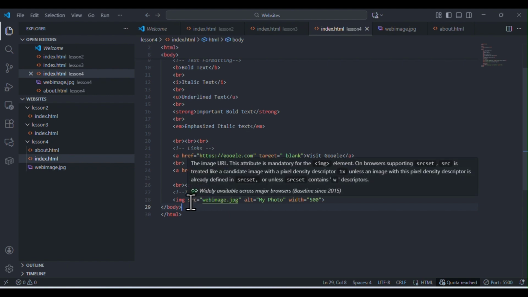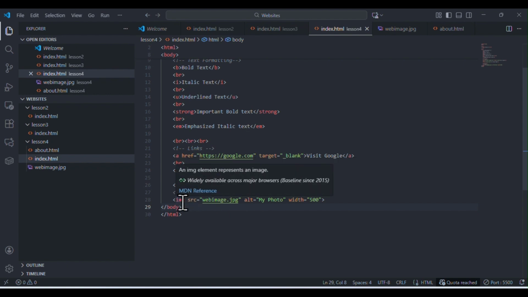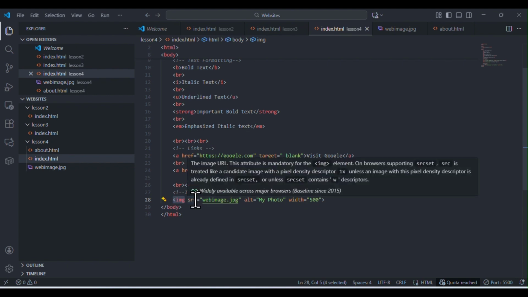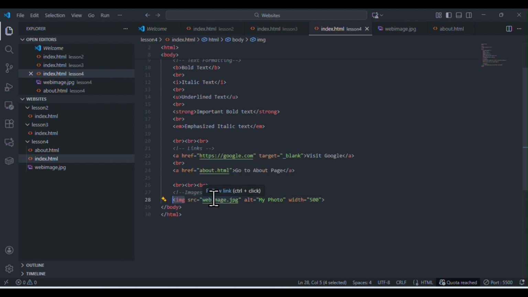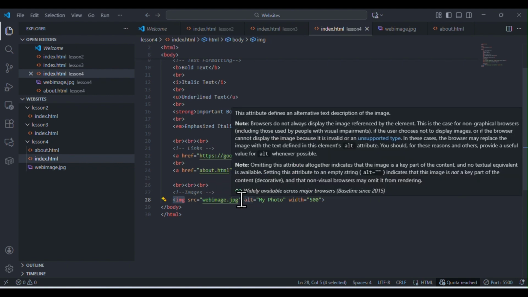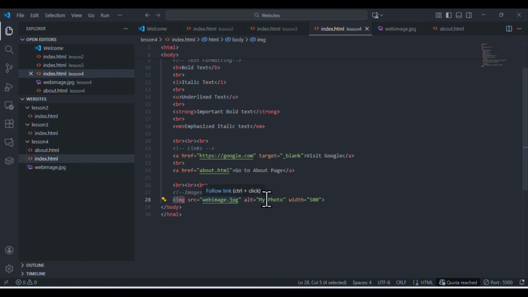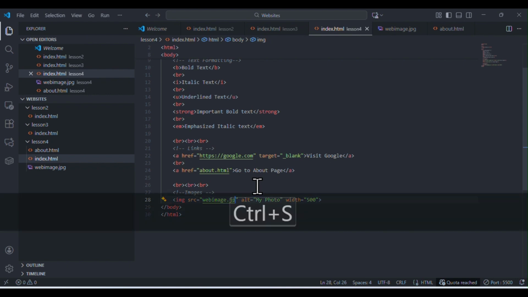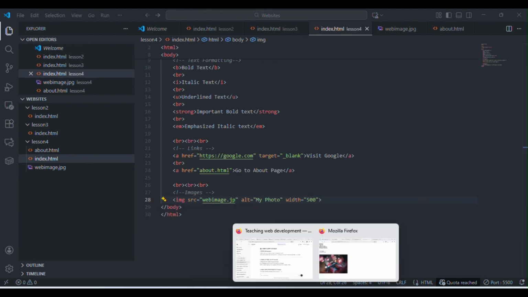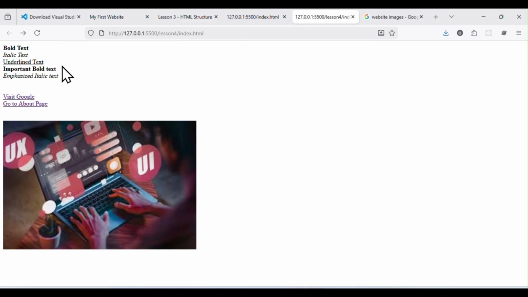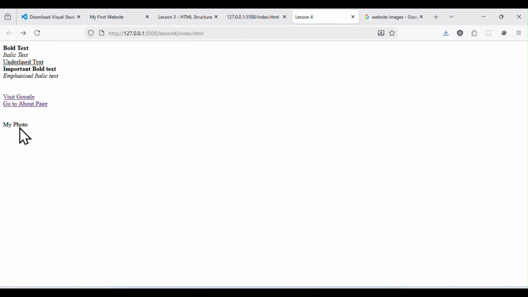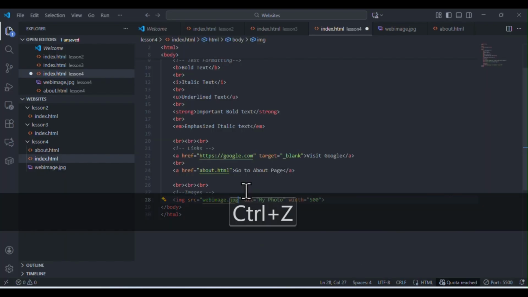So in displaying our image, we have this is IMG, the tag to use image element. And this is SRC, stands for source of your image. It's going to be image part. Okay. And the alternative text, if the image is not found, this text will be displayed. Let's see how this text will be displayed. So for example, if I misspell the image part, can you see, we have my photo alternative text instead of the image, since the image is not available. Okay,